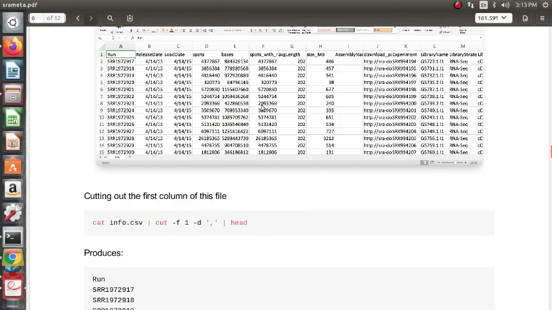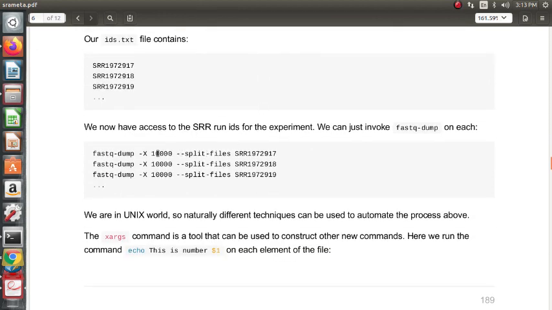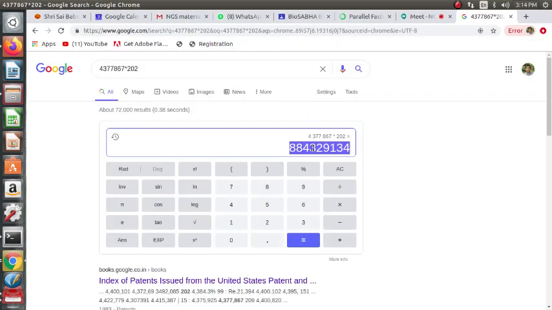So if we run this command for each of the 891 sequencing runs, how many FASTQ files will we get? 891 into 2, because it's going to be paired-end. So 891 into 2 is 1782. We will get 1782 FASTQ files.